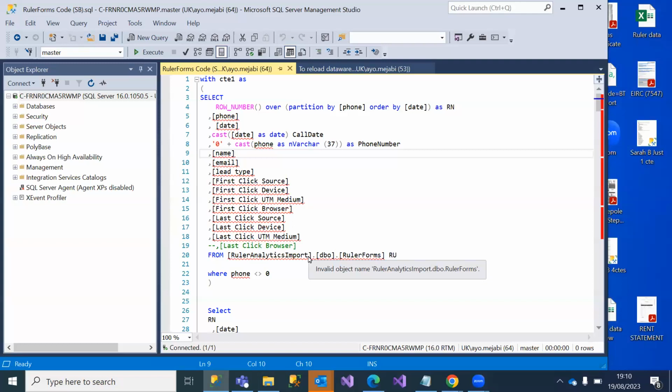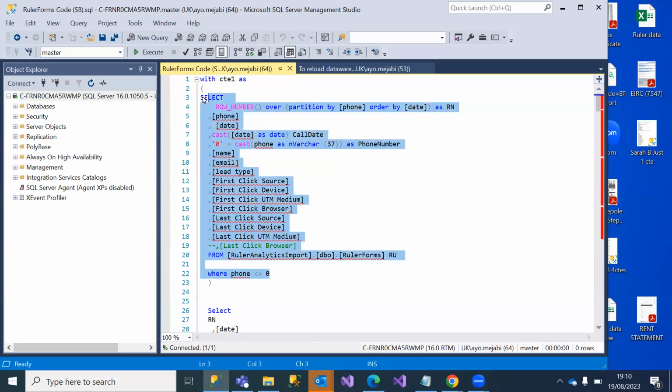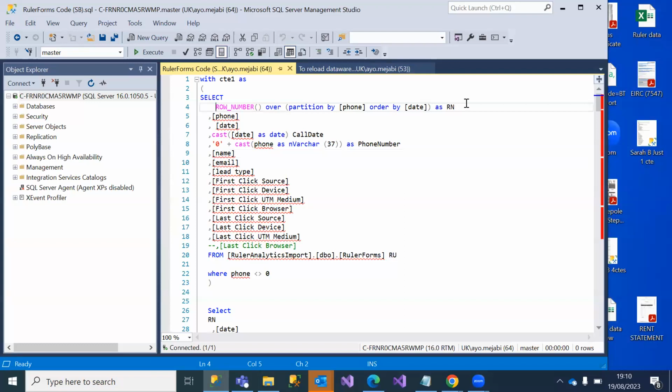Fair enough. So what I have done here, just one second for the other lady that doesn't know this, see, I'm using partition by. The reason I've used partition by here is this: I'm bringing in phone numbers, which shows how many times a customer calls our company. Somebody could have called 10 times. So I said, look, I want you to put a row number on the phone number, partition it by the phone number, then put a row number there.